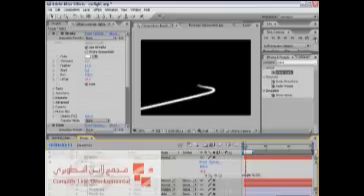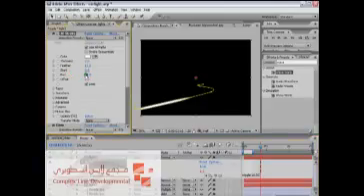Probably 10, 50. See how it looks. The only problem here with the offset value is that the light at a far distance, the thickness becomes bigger, which is not right. So what we do is